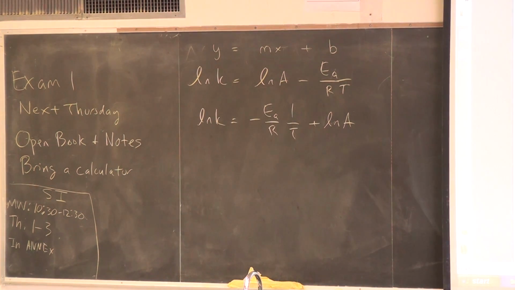Based on that graph, you can measure the slope, and that slope is going to equal minus Ea over R. Then you can solve for Ea. So that's how you calculate the activation energy of this reaction. Okay, so you do that today in lab. You measure the activation energy, and then in the second part of